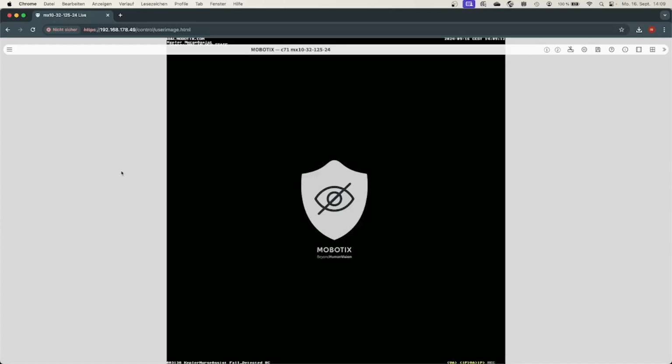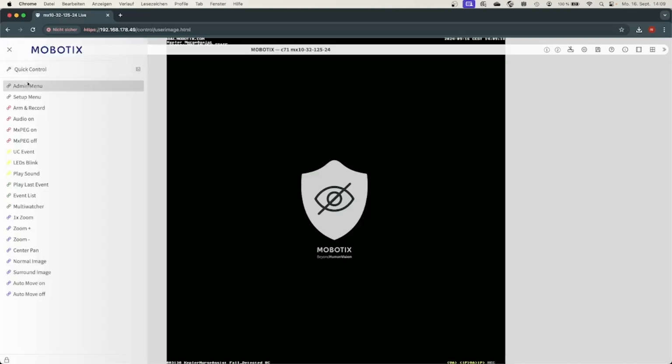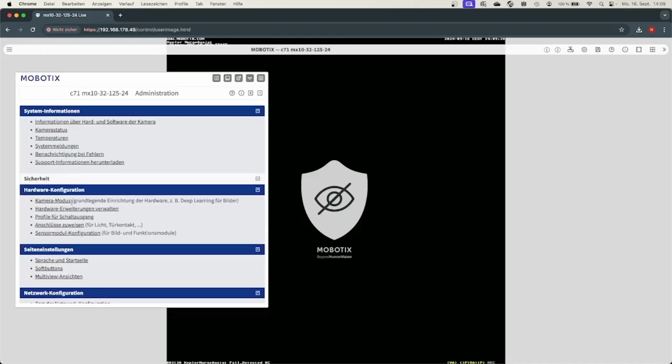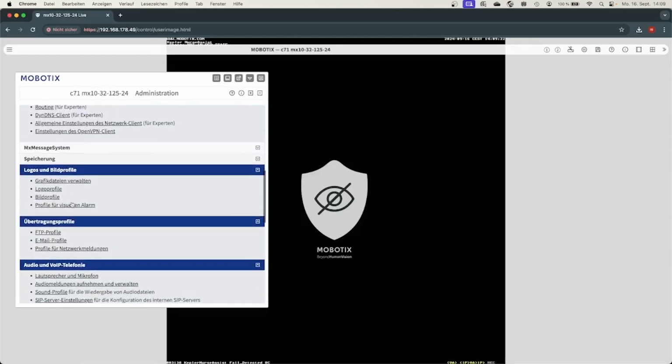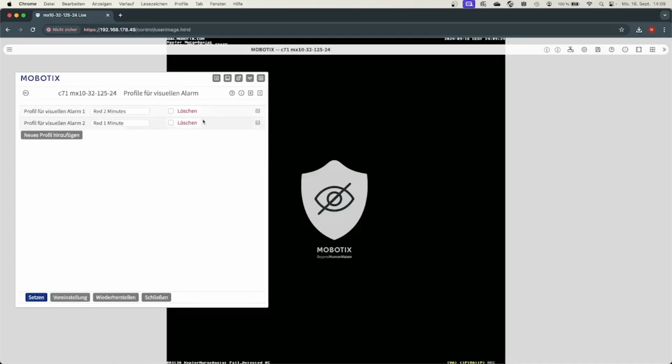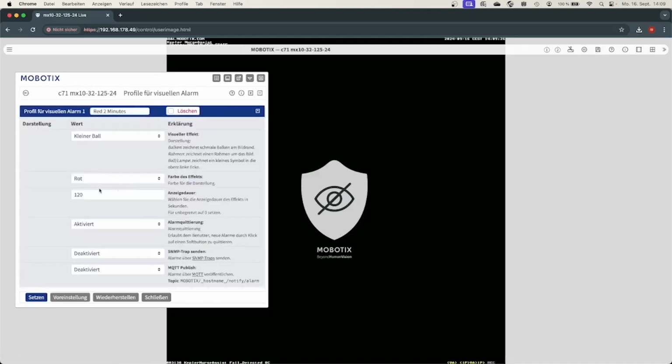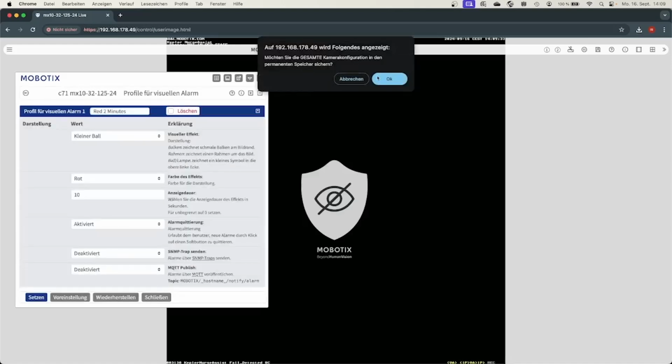Before we press the user click to demonstrate a fall, we reduce the time the live image should be shown. By default, in the profile for visual alarm, it's about 120 seconds. That's probably too long for a demonstration, so we reduce that only for demonstration purposes to 10 seconds. And if we now press in the right upper corner in the command bar that simple user event,